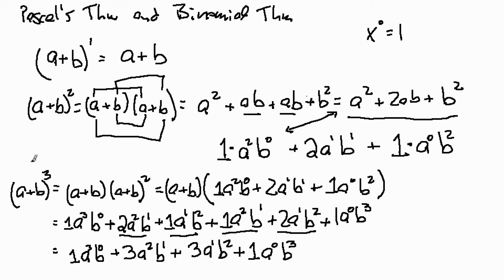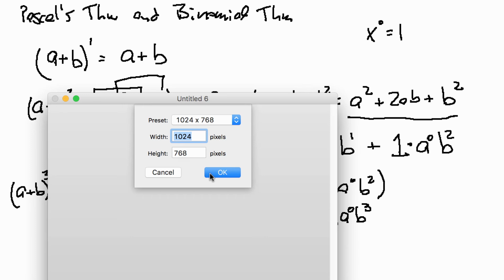So now I want you to notice that when we expanded this out, I have this exponent here as 3, and I ended up with 4 terms that I'm adding. But the other thing you can notice is that the powers of a started at 3 and kept going down by 1. And notice that the powers of b kept increasing by 1. So I think I'm starting to see a pattern here. For example,